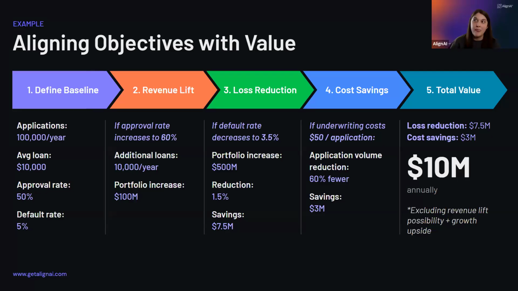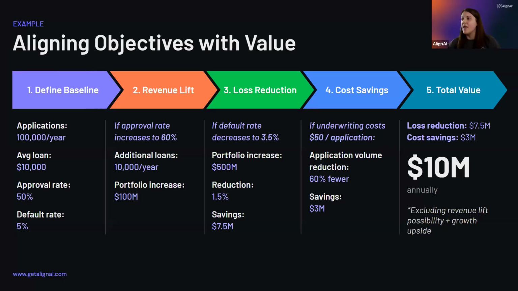So going back to our example here, everything that I do when I'm talking about AI always starts with value, because everybody is always aligned with incentives. And so if we talk about aligning objectives with the value itself for this example, we're going to look at the money behind it, right? Because if we're issuing loans, that's exactly why we're issuing loans. We want to make money. And so there's a loss reduction that we want to optimize for,